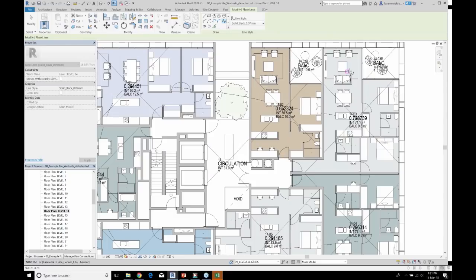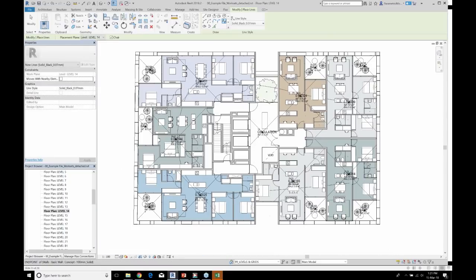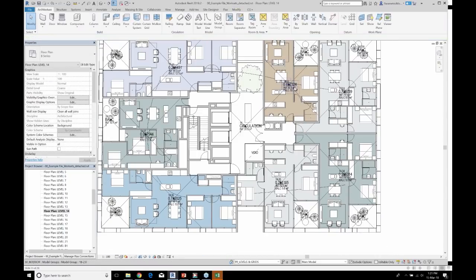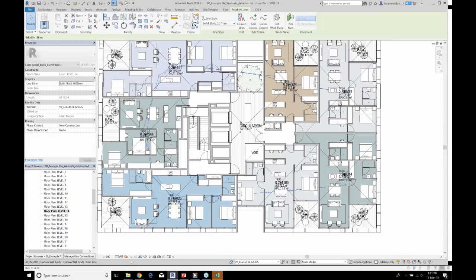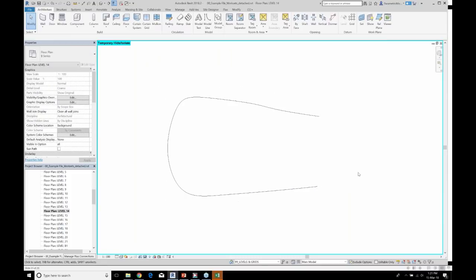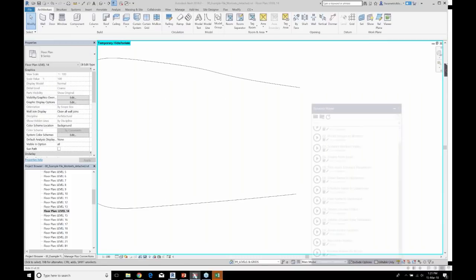I'm not going to worry about the balconies, but it's only going to rename those rooms that are intersected by this model line. So circulation, the balconies, they're going to be excluded. And what we need to do is I'm just going to isolate that spline to make it a little bit easier to pick.